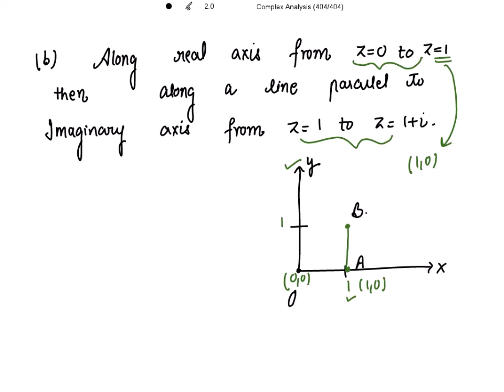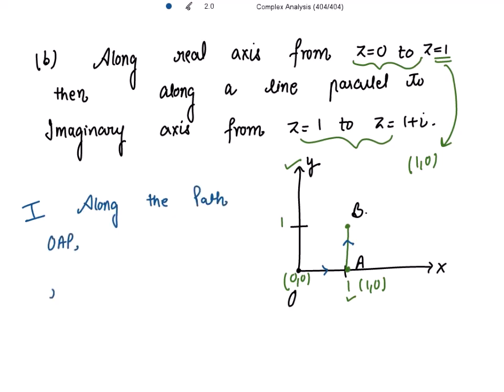So first we are going to evaluate the integral from the point 0 to A first, right? We need to evaluate the integral first from 0 to A and then from A to B. The complete path is OAB, right? So along the path